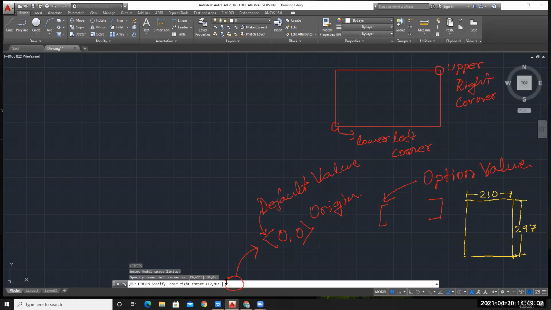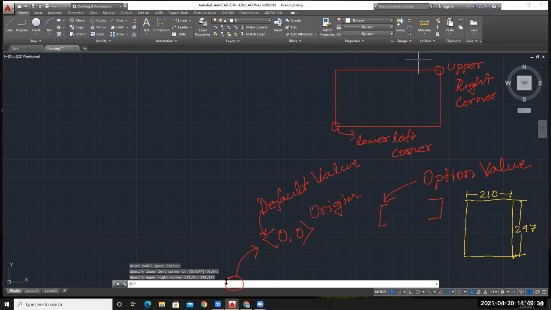You can see the orientation, whether landscape or portrait, in which mode you want, so accordingly you can keep the values. I will go with 297 in X direction and 210 in Y direction. Or if you want to keep the orientation as I have drawn in yellow, X is 210 and Y is 297. Press enter. Now your limits are defined.